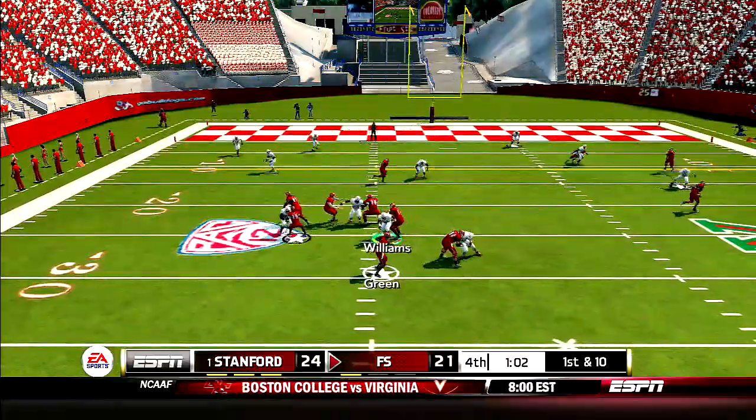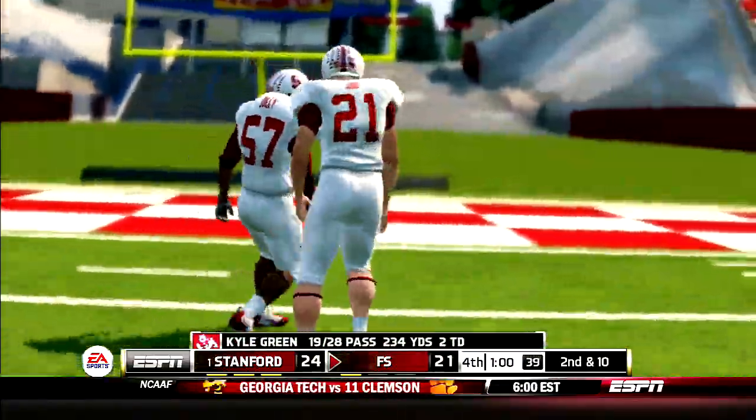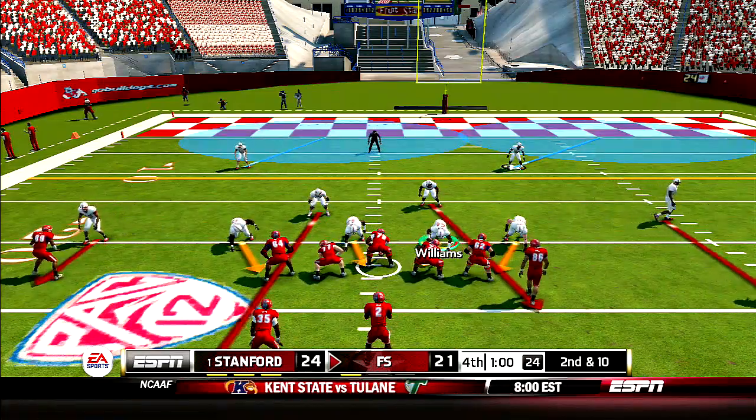Try to make a stop here. And see Green here throws one up to James, and Jolly's going to get that one out of the hands of him as he makes a nice play. A minute left here,